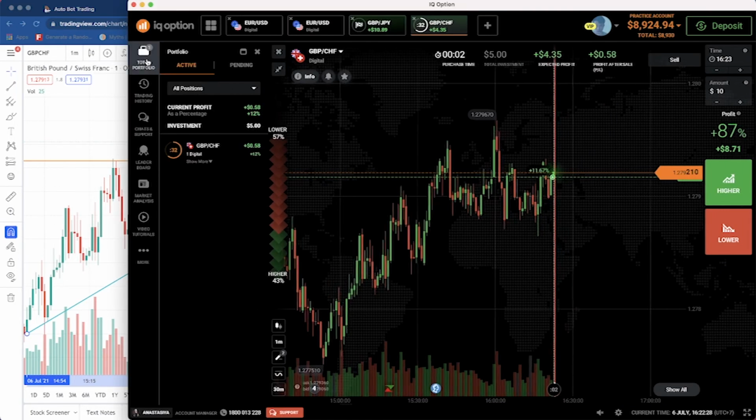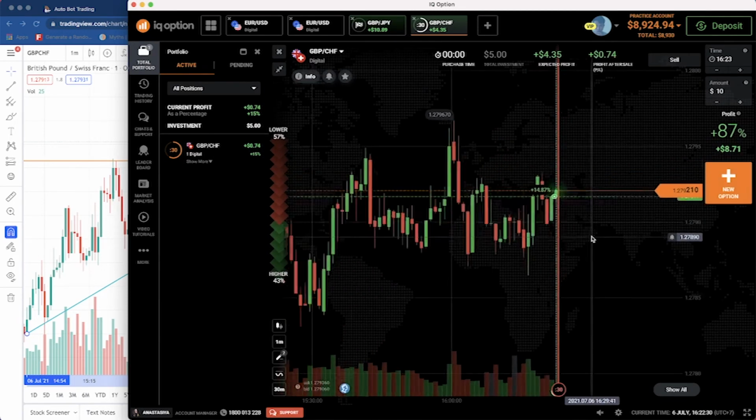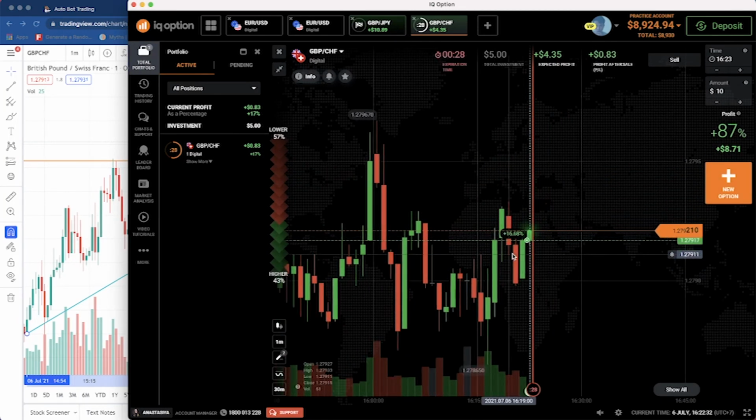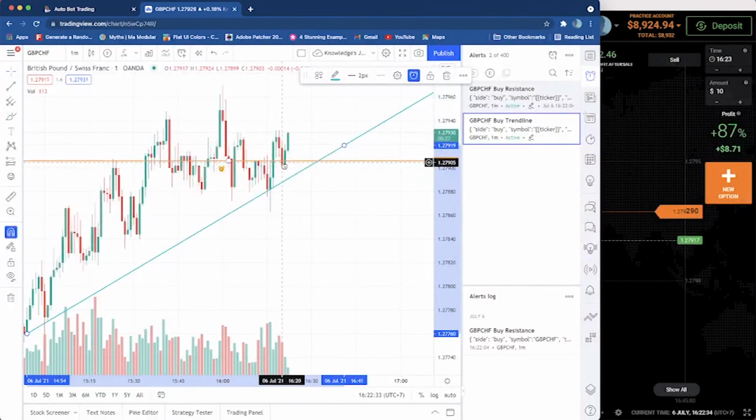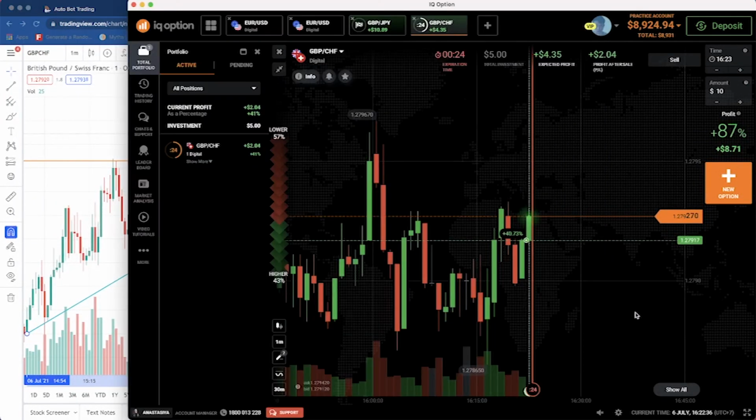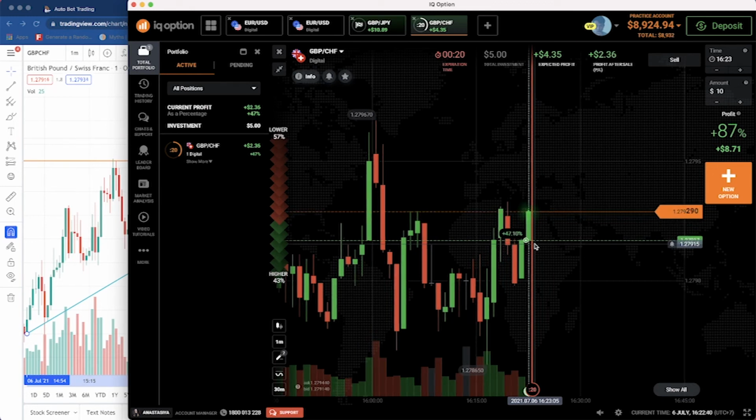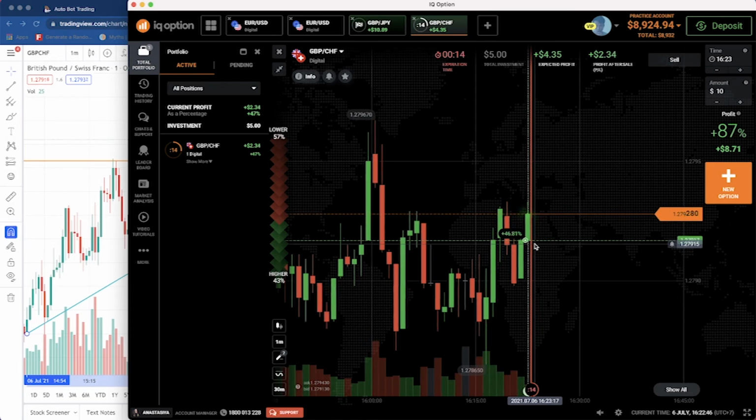Okay, let's have a look. We already placed a trade right here. See, after the bot crossed this line, it brought out the buy signals. This technique is very important and it's very successful. You can manually create any trend line and channel line you want, and then you can create a trading trigger,